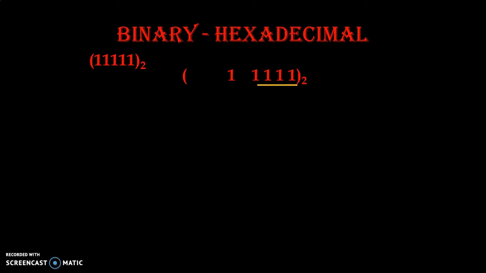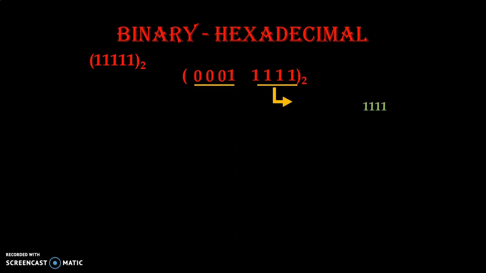It is compulsory to prepare a group of 4 bits. So we have to add additional zeros, right? On the leftmost side, if we go on adding additional zeros, it doesn't change actual value. So we have to add 3 more zeros on the leftmost side, and now we have another group of 4 binary bits ready. This point is very important while converting binary number into hexadecimal number.